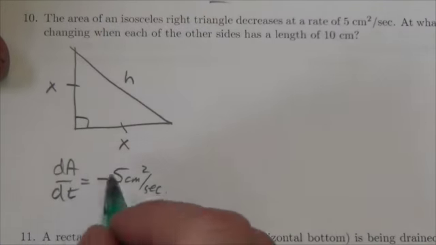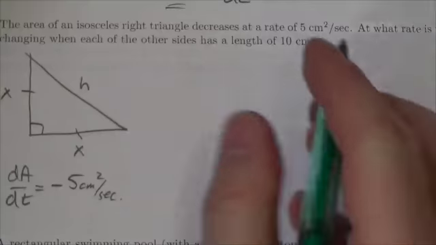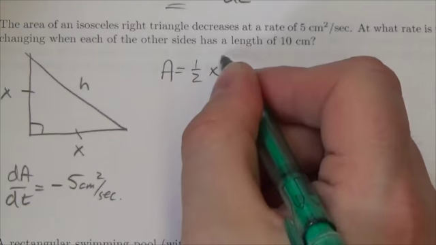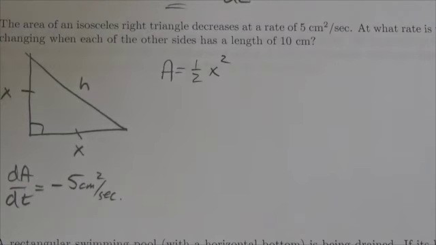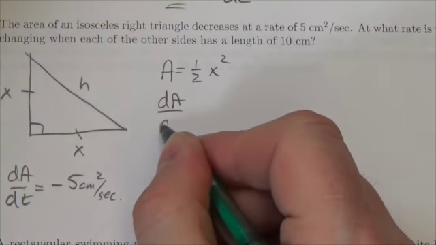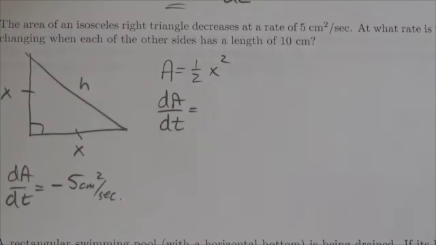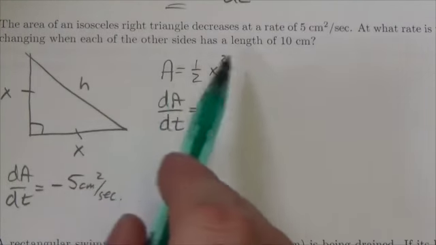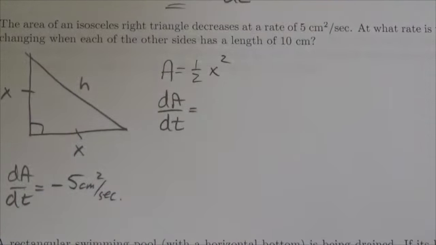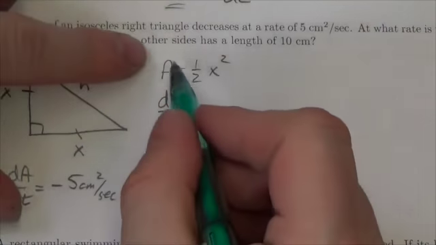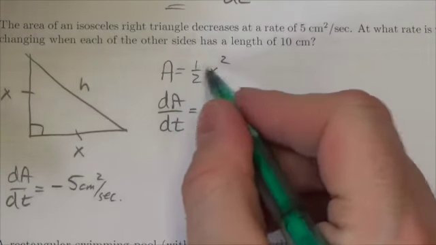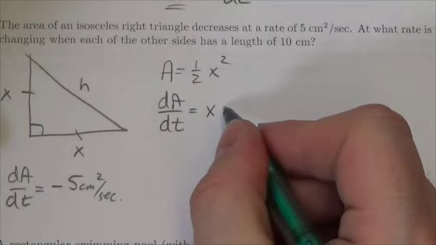So first of all, let's just start with this. When I take a look at this, I know that the area calculation is going to be 1/2 the base times the height. Because this is an isosceles triangle, those two are the same. Now when I take the derivative, I have to do this implicitly because I'm taking the derivative with respect to time, and there is no time in this expression. There is an A and an x, and they are both implicit functions of time. So I take the derivative of A, which will be 1 times dA by dt, will equal 1/2. Now I bring down the 2, so the 2 and the half will cancel, left with an x times